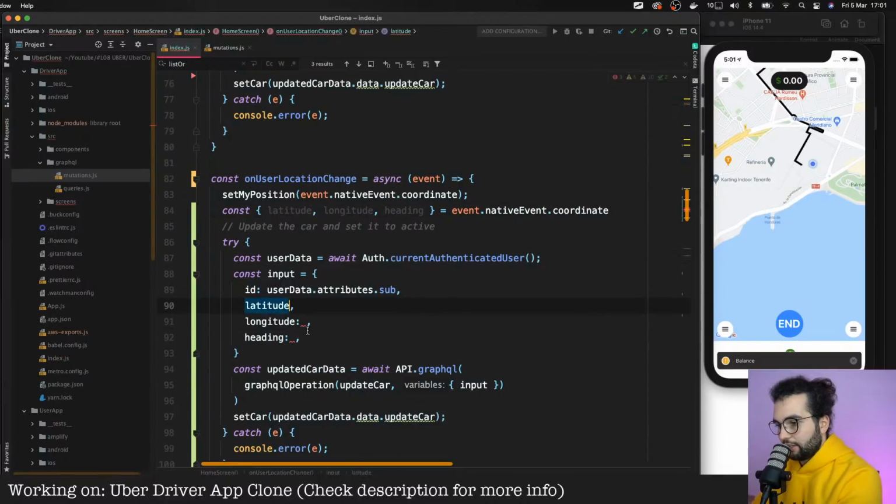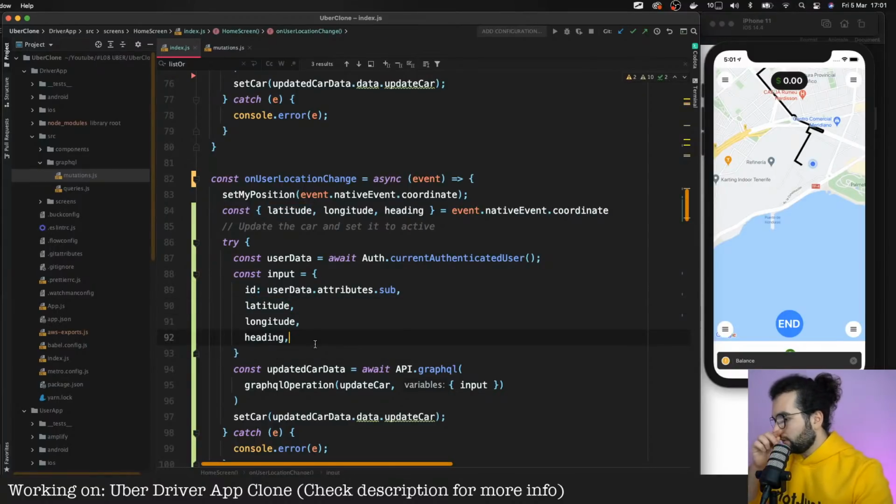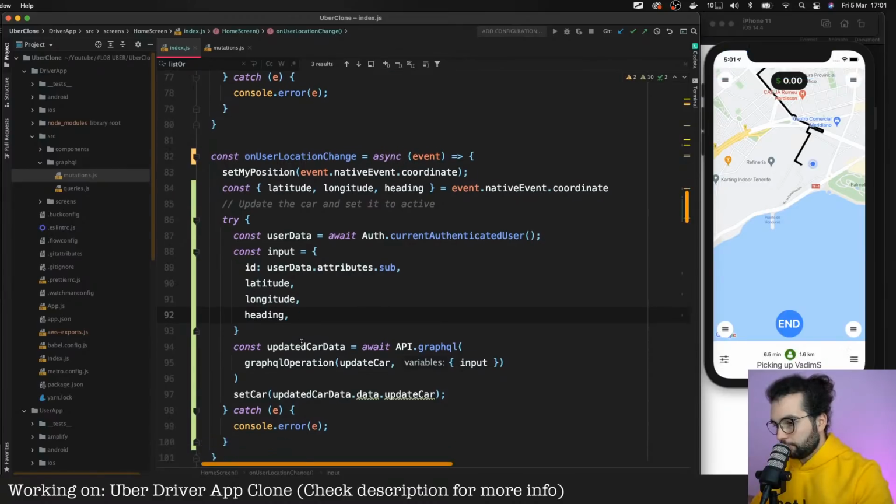And here we can even put them like this, because what this means is that latitude is equal to latitude. So we can shorten this up by providing only one input, update car data, set car, updating car data. Okay, let's try to save.